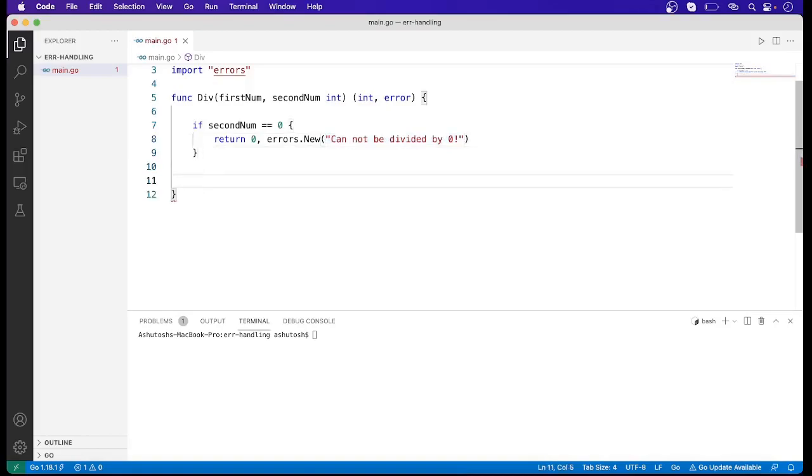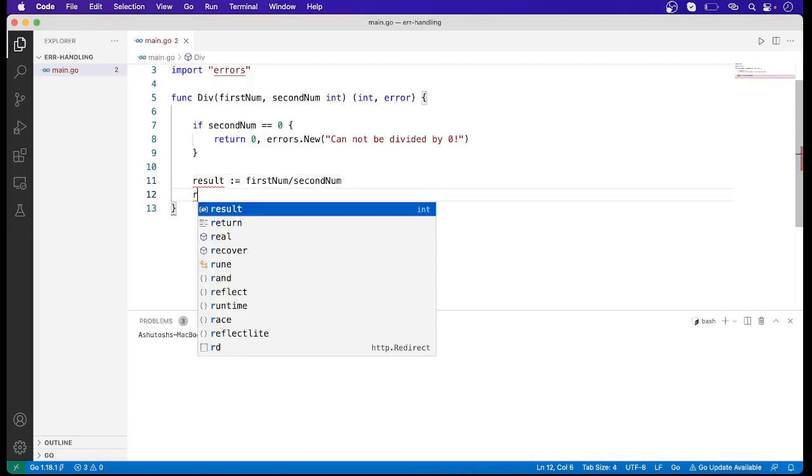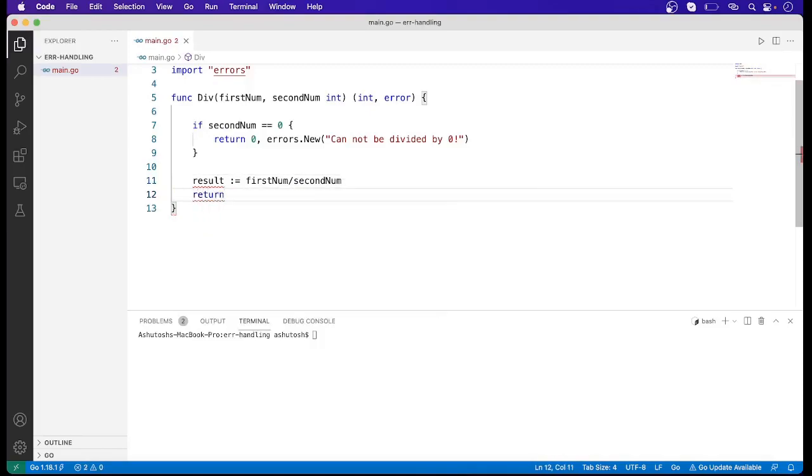And in the other condition, we store the result of first num divided by second num in a variable named result, and after that we will return result as an integer value, and for error we will return nil.